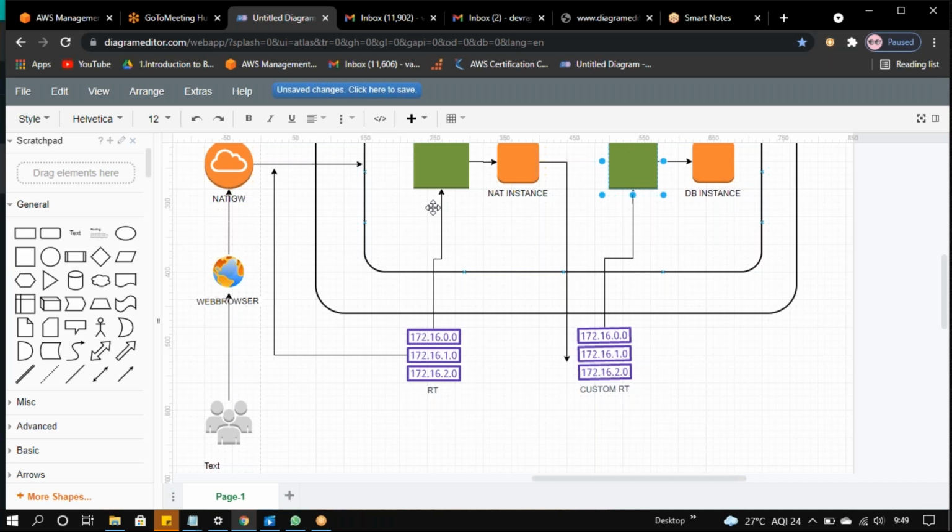It will reach based on the routing table only. See, all the requests will reach the routing table, correct? Whatever we type here goes to the routing table. If you type ping google.com here, it will reach your subnet first, and it will look into where it needs to go.